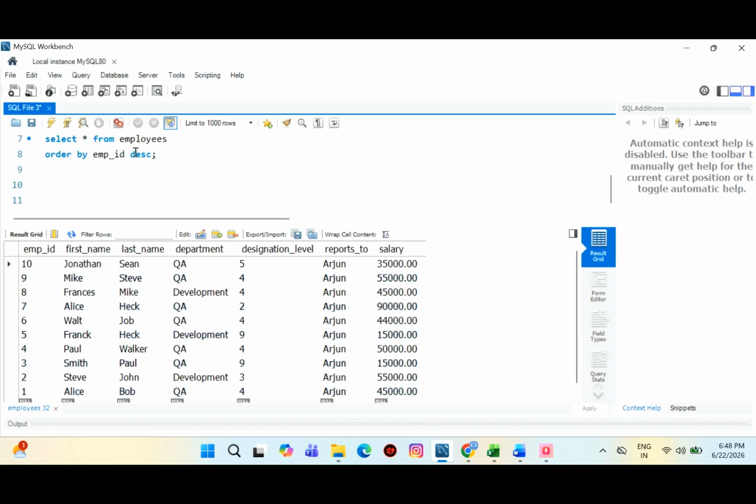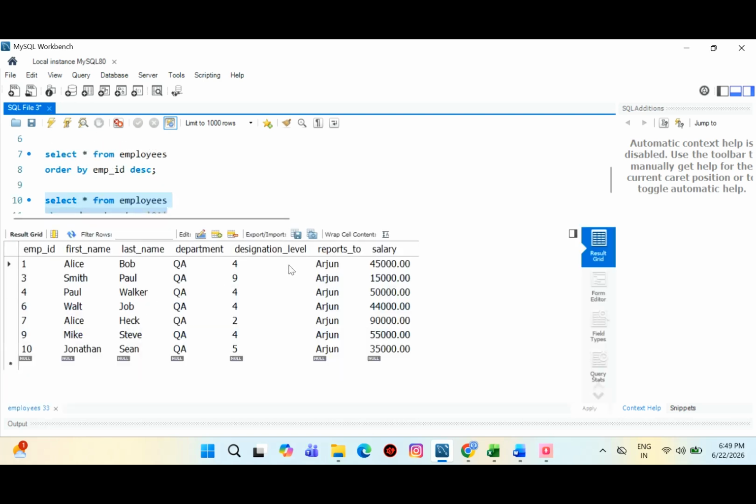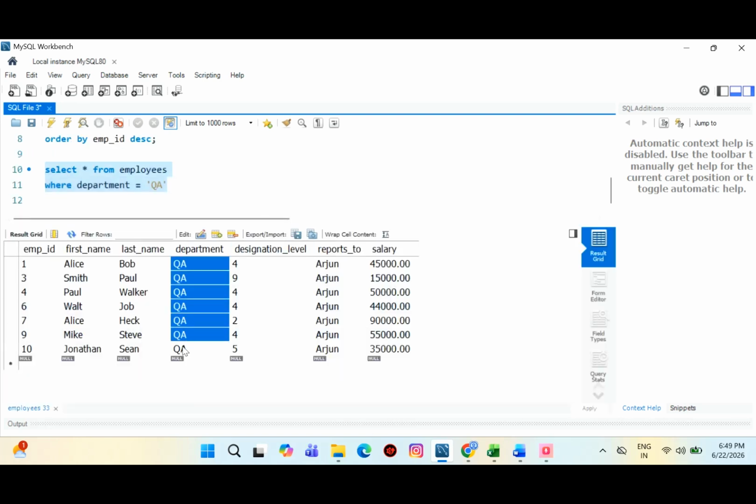Now let's make our queries very interesting. So instead of retrieving every employee, what if we want only the employees from the QA department? That's where the where clause comes in. Now after the table name, use where department is equal to QA, and the where clause filters the records based on the condition. And if you execute this query, you can see only the employees whose department is equal to QA are displayed